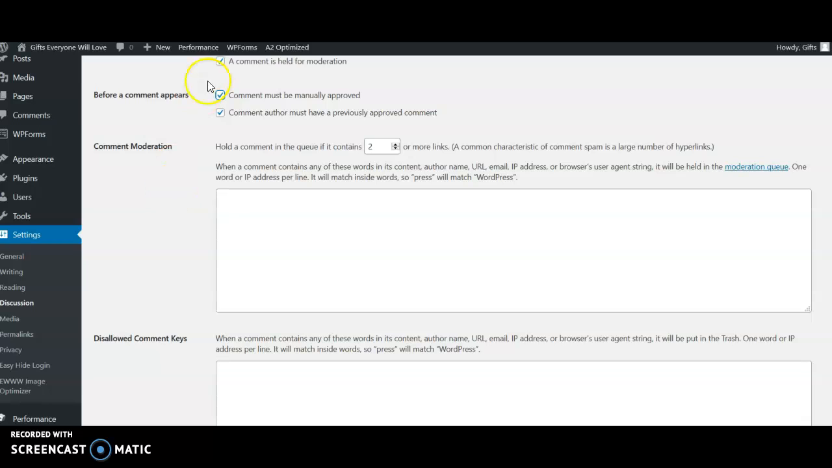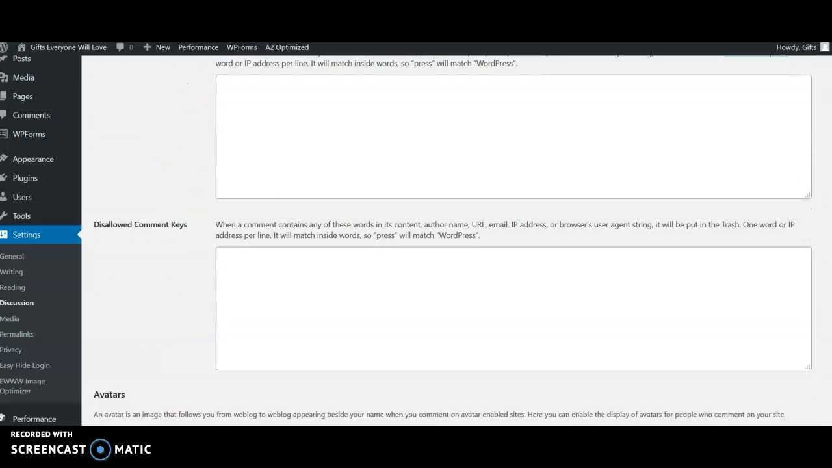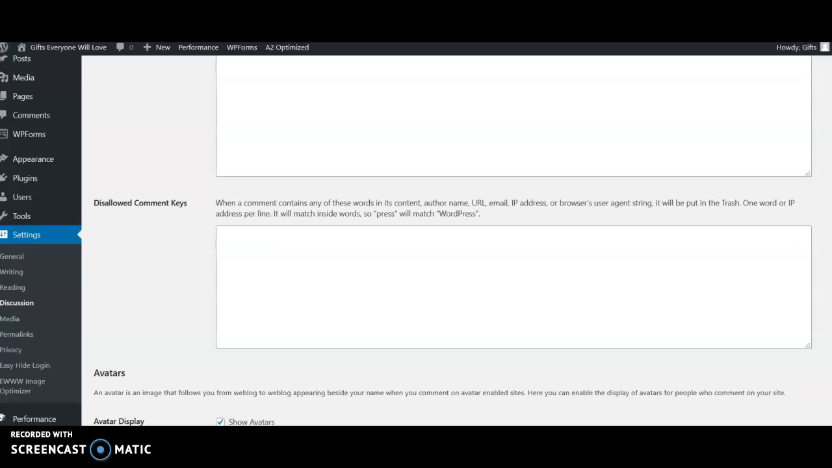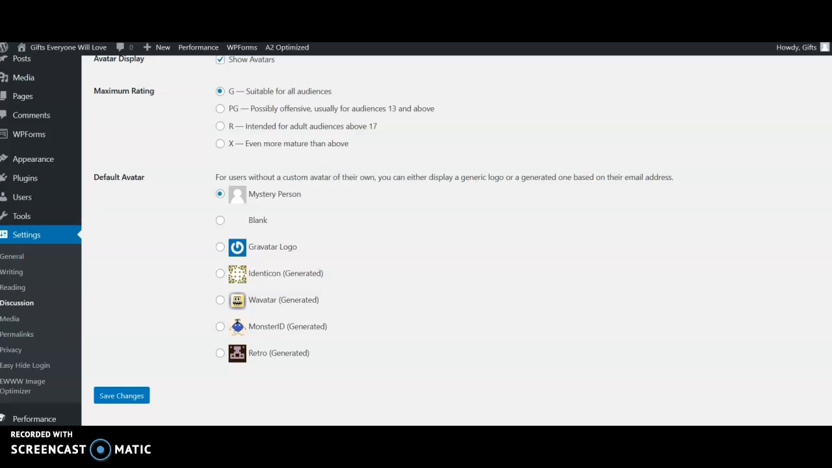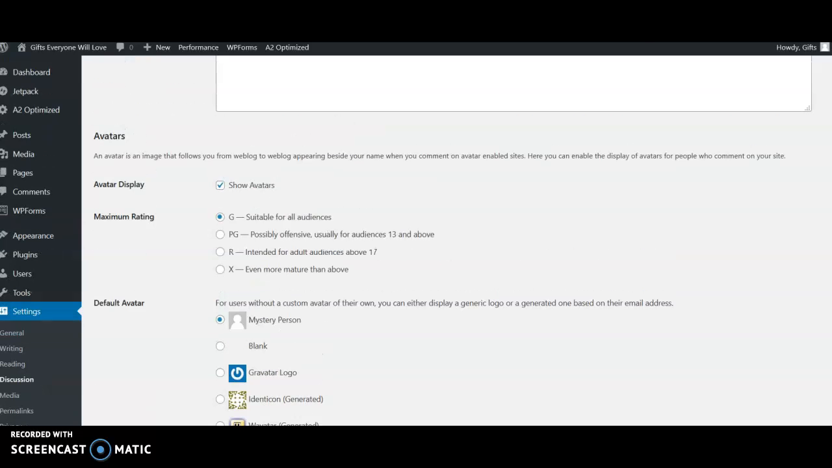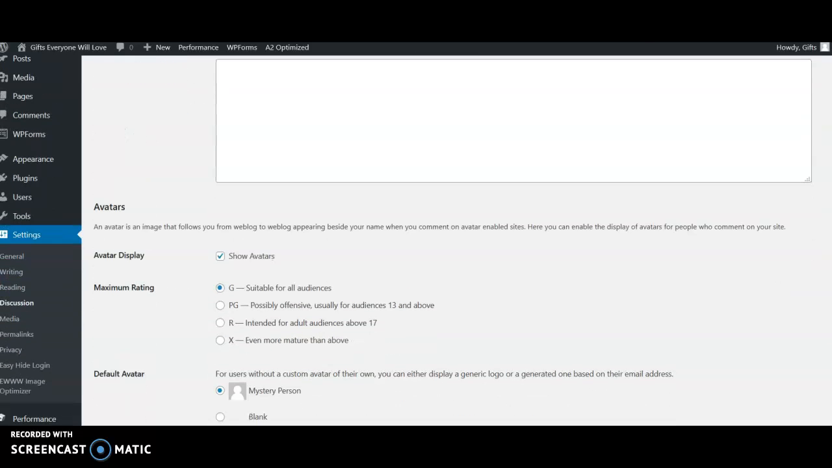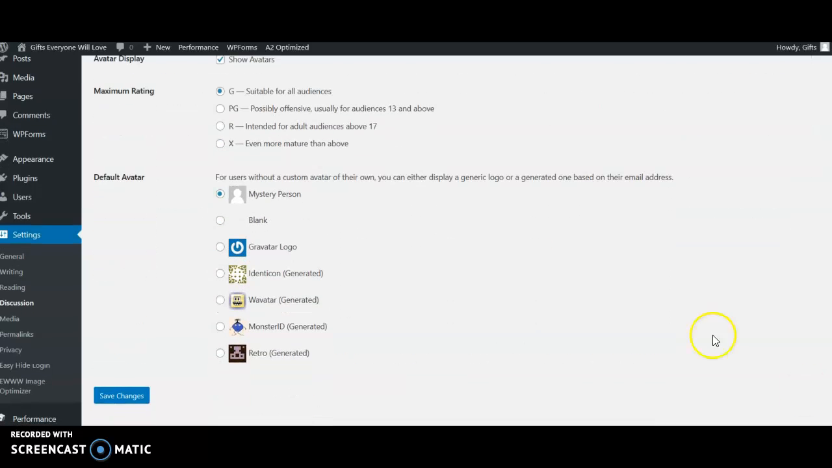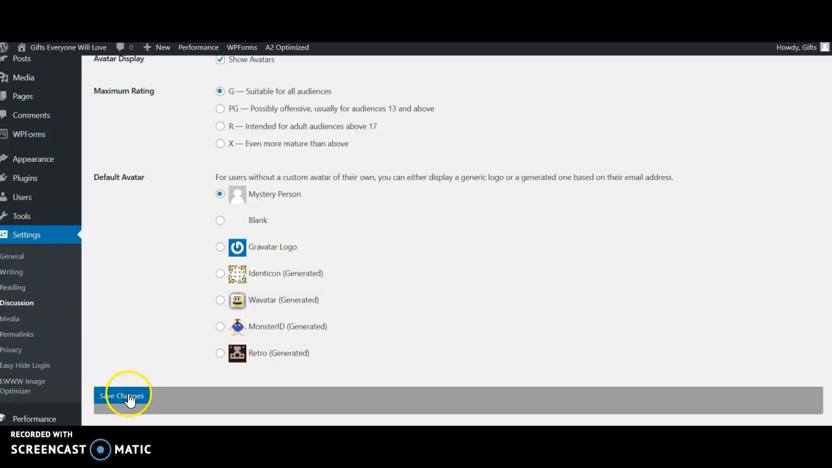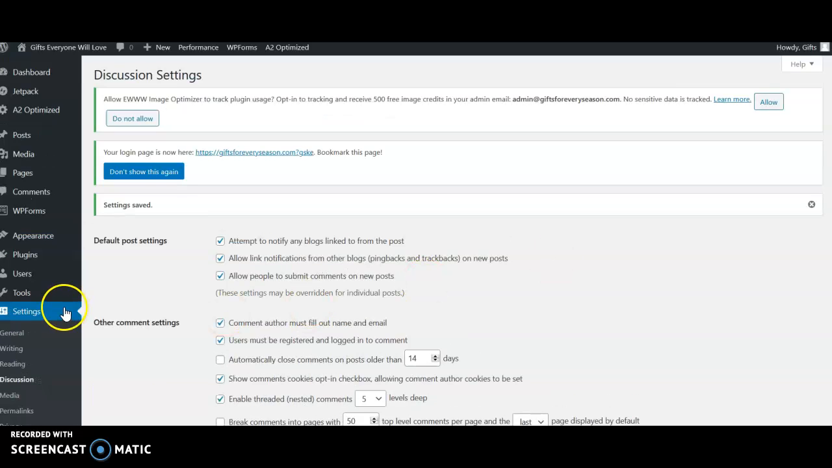I'm going to click that. Comment must be manually approved because you don't want anyone saying any foul language on your site. So you want to approve whatever is going on. Okay, so next, save changes, and you move on to